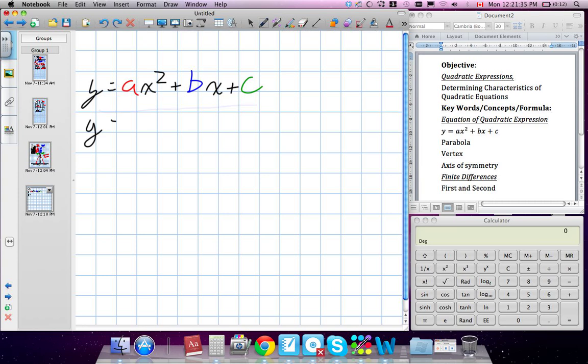Y is equal to 2x squared plus 3x minus 1. Now we know our a, b, and c. Those aren't terribly important for what we're about to do right now. Another way I can find out if an expression is quadratic, for instance, if they've given me this expression,